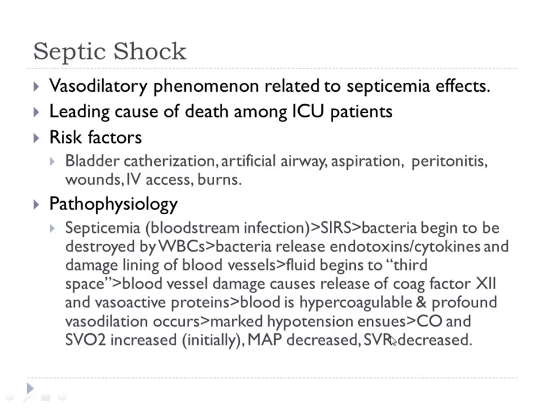Decreased blood pressure, and you will have decreased systemic vascular resistance with this. Why? You have profound vasodilation. The afterload is low. So you can initially have increased cardiac output, because you don't have any afterload, and the heart's just dumping all that blood out there because there's no resistance. But eventually that will not happen and the cardiac output will fall because of the profound hypovolemia.